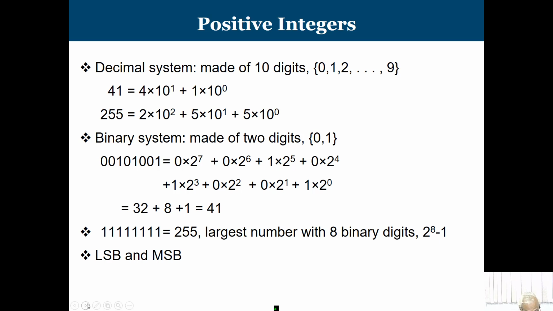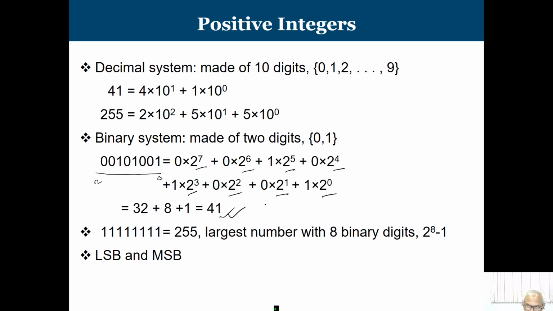In our digital circuit, 0 will be represented with the help of a low voltage, and 1 will be represented with the help of a high voltage. So if I consider this binary stream, binary number, then we know the calculation. Say this position is the 0th position, and this is the nth position, so it will go 0, 1, 2 like that. So 2 to the power 0, 2 to the power 1, 2 square, 2 cube, 2 to the power 4, 5, 6, 7, total 0 to 7, total 8 we have. So ultimately we get this is equivalent to 41.